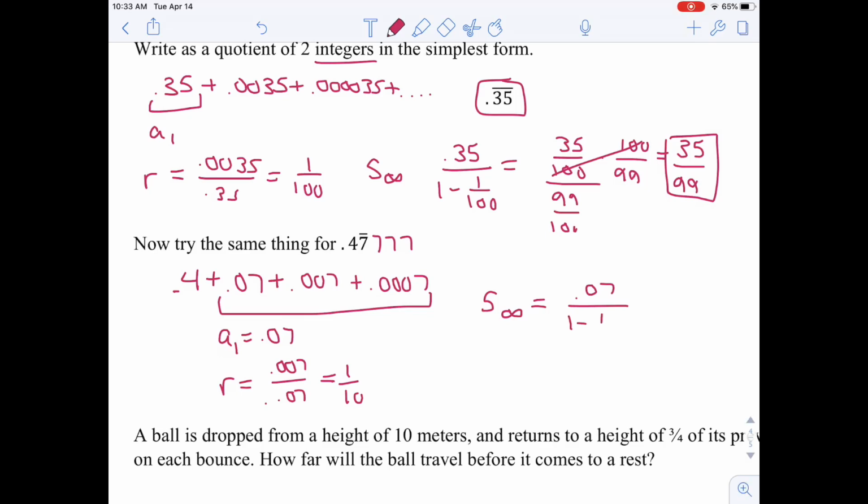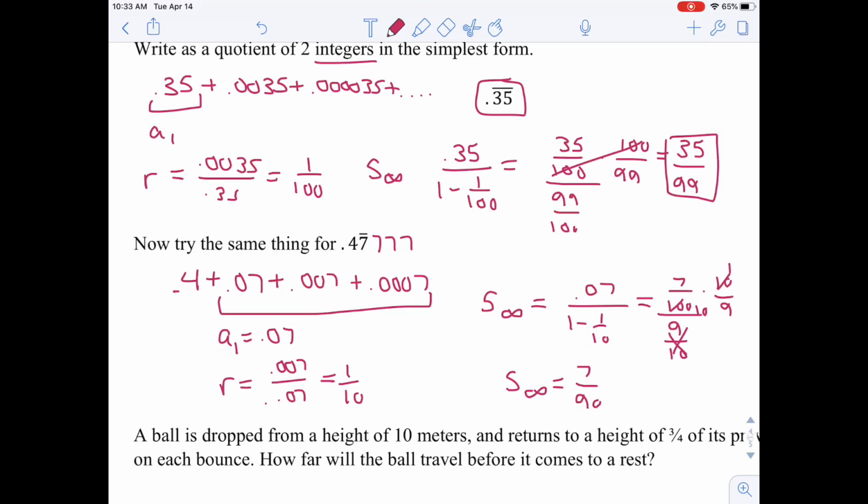So the first term of 0.07 over 1 minus 1 over 10. We could also write 0.07 as 7 over 100. The bottom here would be 9/10. When I flip that up, that'd be times 10 over 9. So that gives me a 1 there and a 10 there. That gives us 7 over 90. So if you think about that, 7 divided by 90, check, does that give you 0.0777 repeating in your